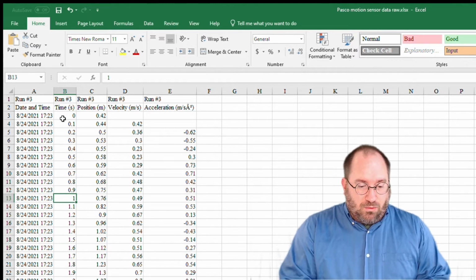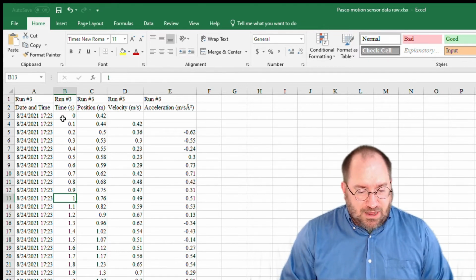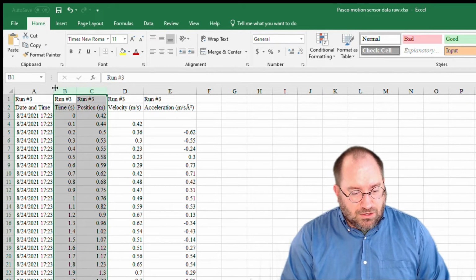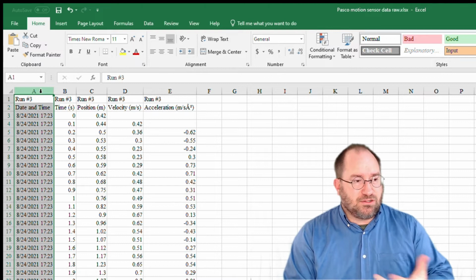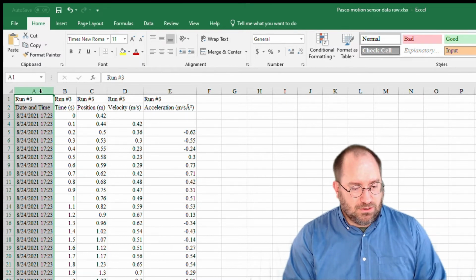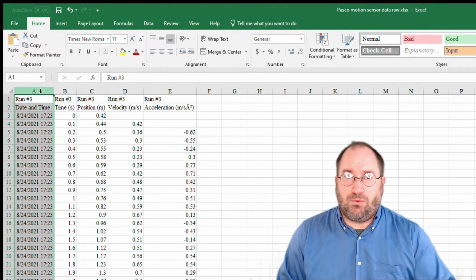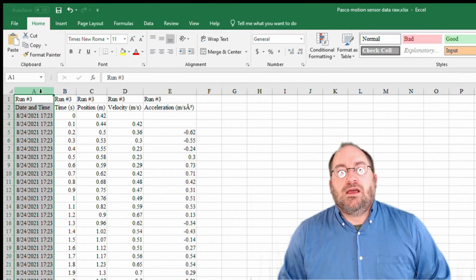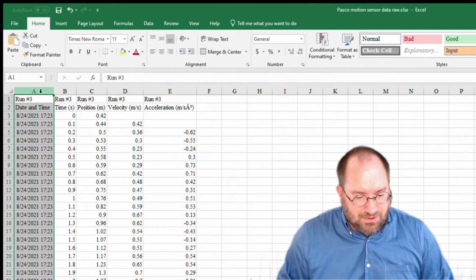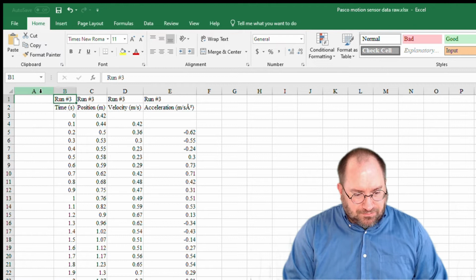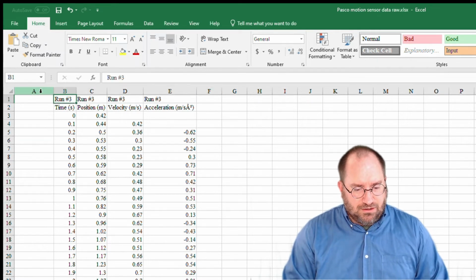It's extraneous even. What we're mostly interested in is the time, position, velocity, and acceleration. So that'll be these two. You can delete this data. You can dismiss it. You can remove it. You can leave it there if you like. This is a copy of our raw data, so we can do whatever we want with this data scientifically, and it'll be fine. So let's go ahead and delete it just for the moment, and come on over here and look at these other